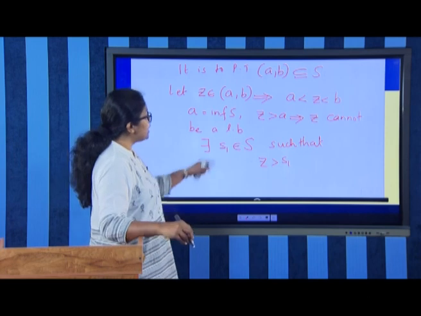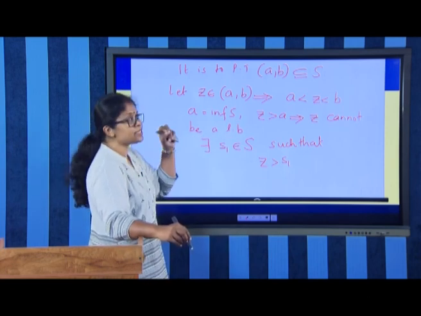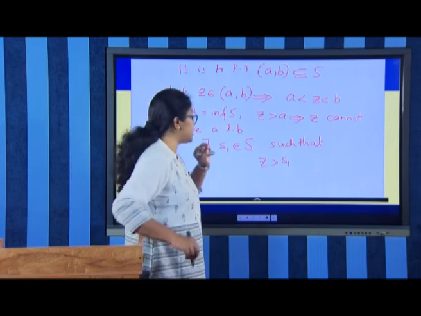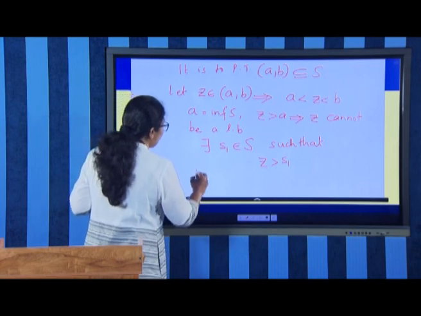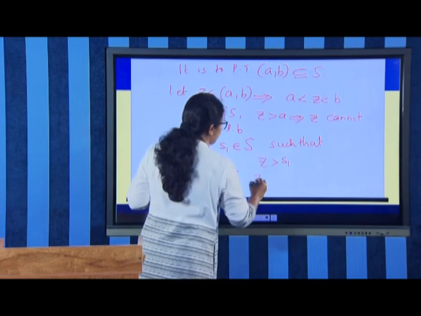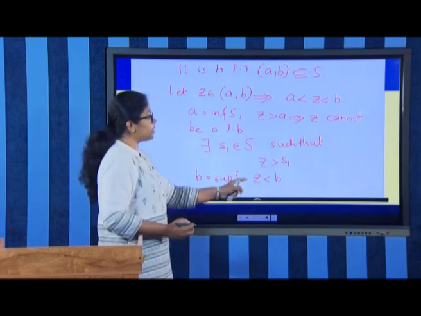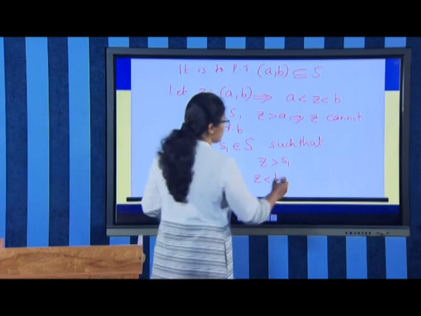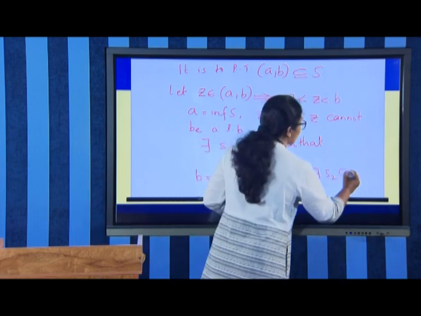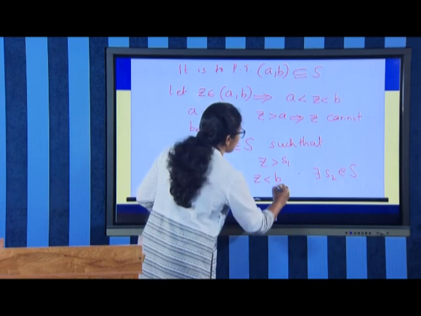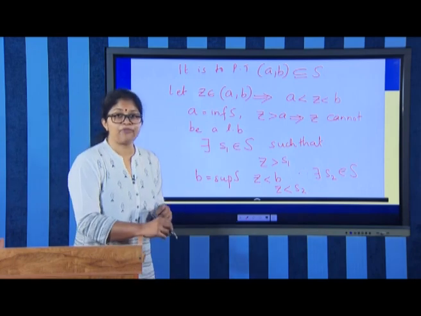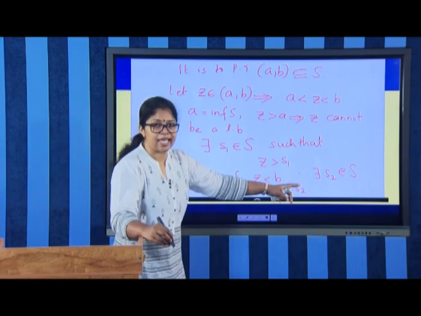So, we have Z cannot be a lower bound means there is at least one element of the set S which is less than that number Z. Similarly, B is the supremum of S and Z is less than B indicates that Z cannot be an upper bound of the set S. Therefore, there exists some S2, an element of S, such that Z is less than S2. So, now we have found two elements of the set S such that